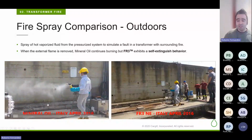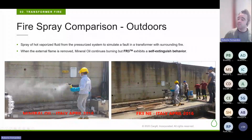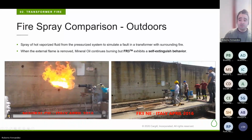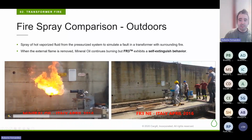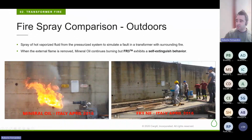So as you can see here, when you have a flame, it's basically the same arrangement. This is a warm fluid, in this case mineral oil, with a nozzle that creates this spray, and with an external flame. As you can see, even when you remove the flame, the fire is sustained, and it does not stop. Why is this important? Because with the same arrangement,